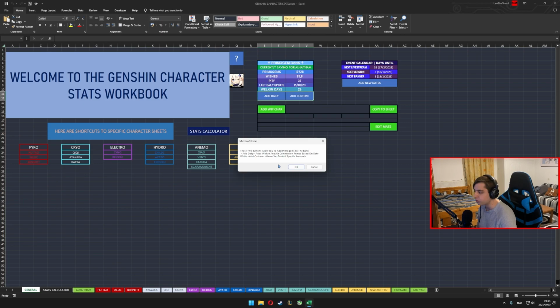And then we have these two buttons that allow you to add Primogems to the bank. Add daily adds Welkin and or commission Primogems based on the date, while add custom allows you to add specific amounts. So what add daily does is it basically adds 150 Primogems if you have a Welkin active. It always checks if this value here, Welkin days, is above 0. If it is 0, it will pop up a window telling you, do you want to just add your commissions, right? If you aren't using Welkin, you can just add 60 Primogems, which is the commission Primogems,